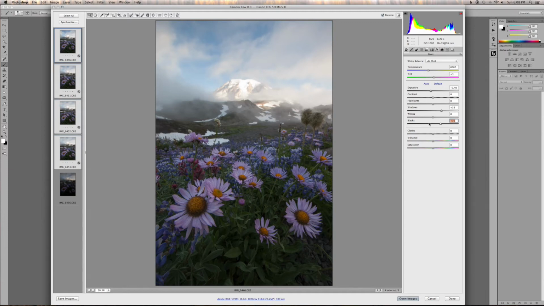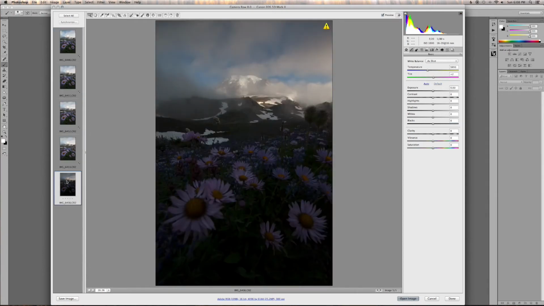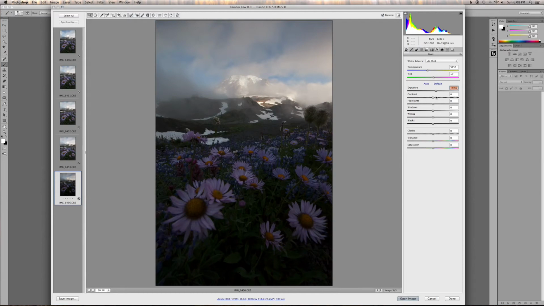I tend to like slightly darker images as it is. This file here for the sky is a little dark for my taste, so I'm going to open this up a little bit. Something about like that. I want it to be dark and moody, but I don't want it to be too underexposed looking. So something about there. Also, what I'm going to do to this sky file, kind of what I did to the last file we worked on,